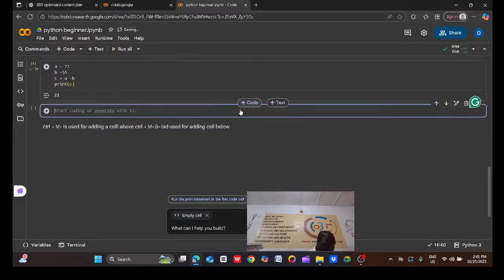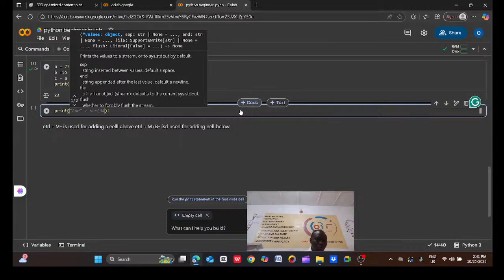For example, if you want the computer to print something, you need to know that Python is very sensitive to uppercase and lowercase.